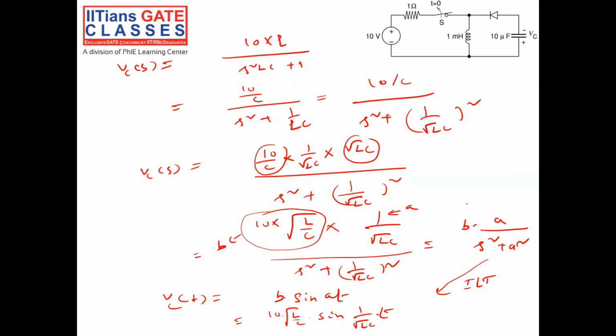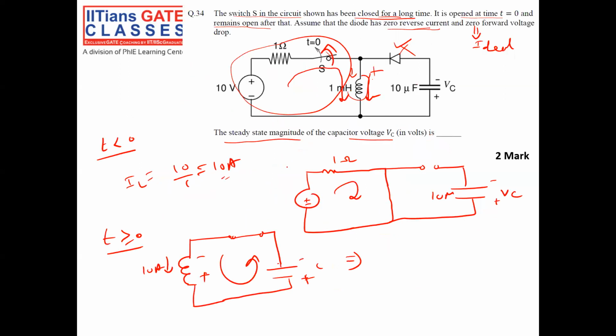So let me brief you what we have done. First thing is, we calculated the current through inductor for t less than 0, it is 10 ampere. The same current has to flow for t greater than 0, at the same instant. Since my inductor current cannot change instantaneously, my inductor voltage has to reverse for flowing the current in the same direction. Since my inductor voltage is reversed, it is making my diode forward biased and my capacitor will